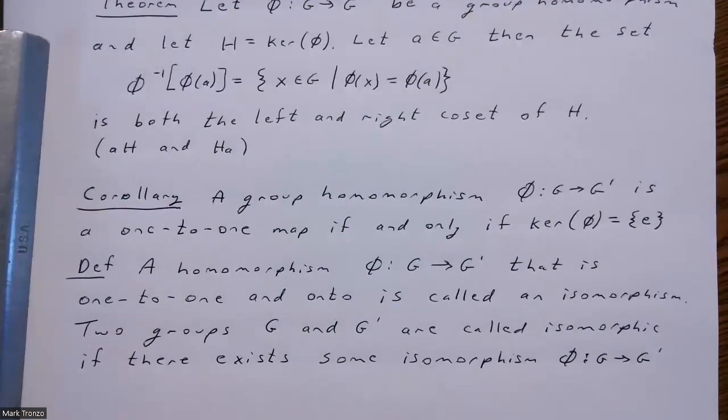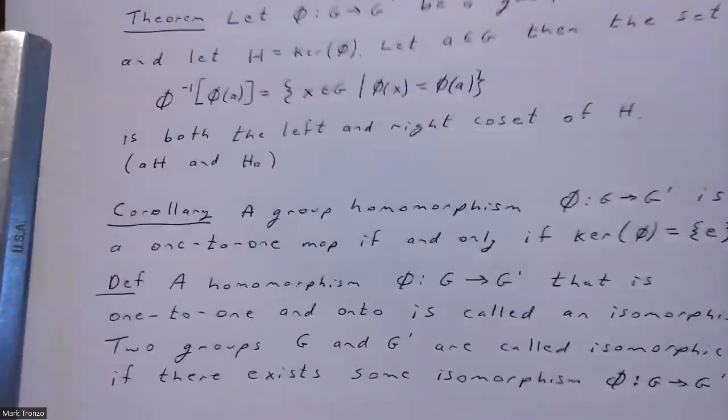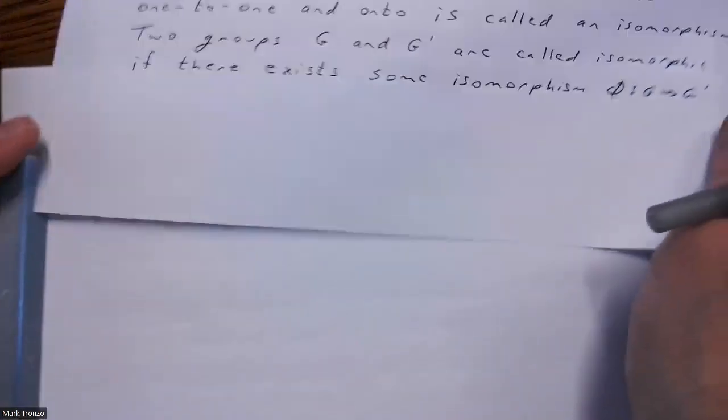Then two groups are called isomorphic if there's an isomorphism between them. And a lot of this stuff is for the future, but to show that something's an isomorphism,